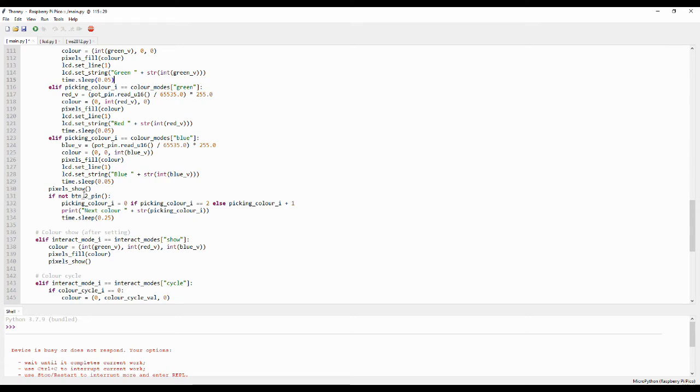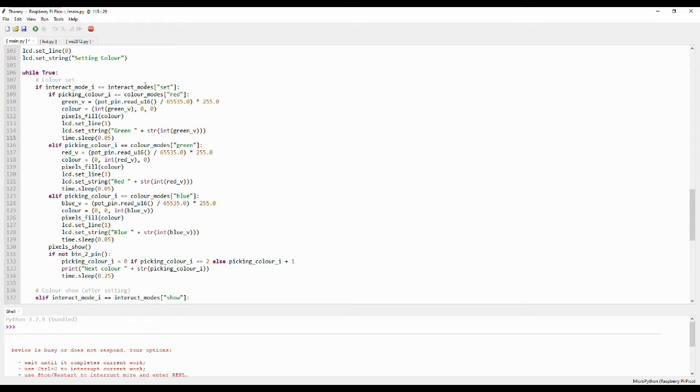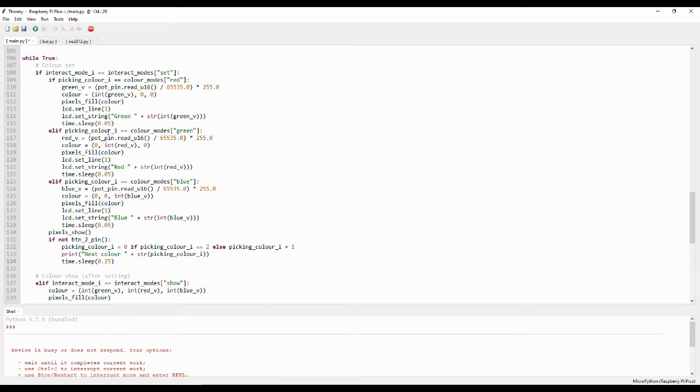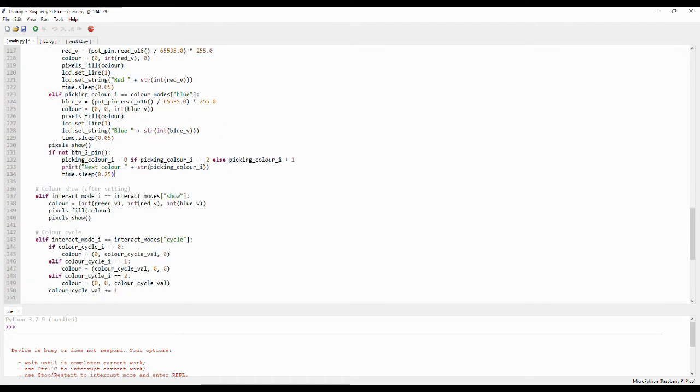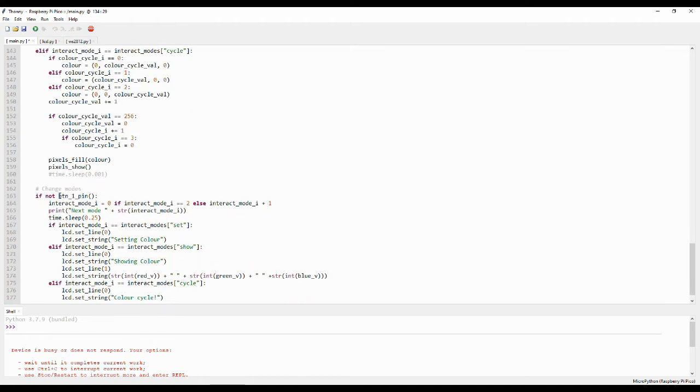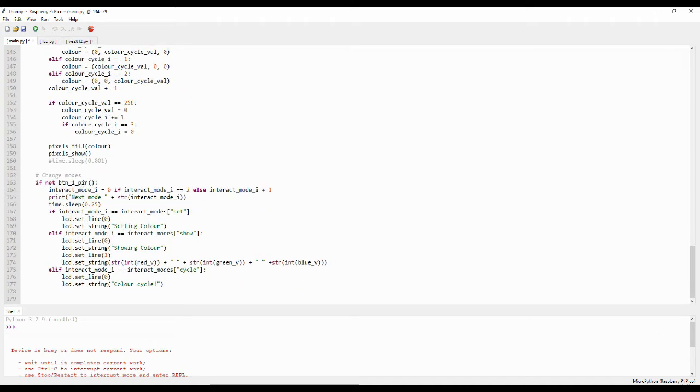And then when it's in the setting color mode and button 2 is pressed, it switches between the colors. So we go red, green, blue, so when you press the button it switches between those colors. And then down the bottom here, when you press button 1, it switches between modes, so from set, then it